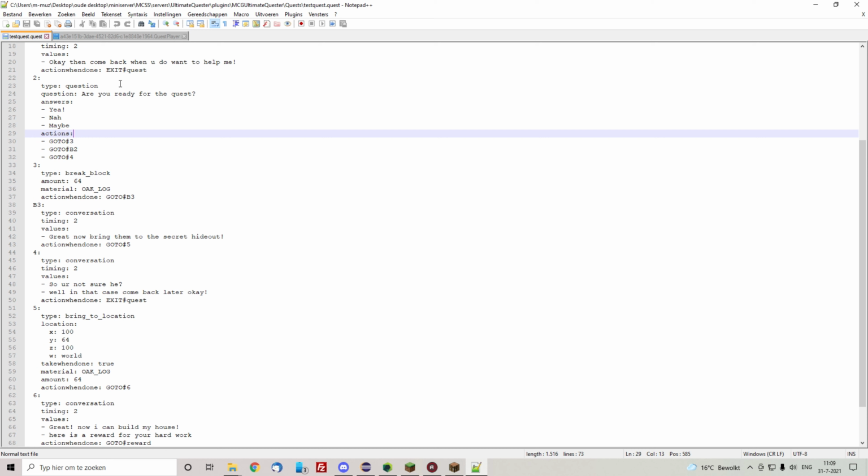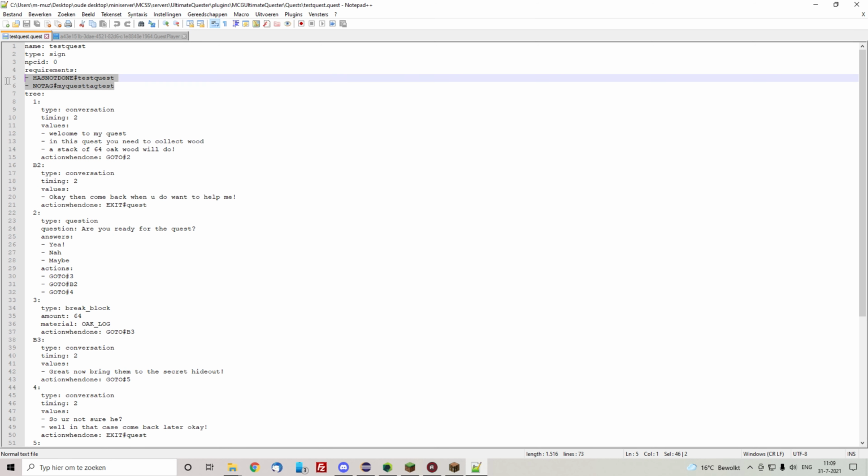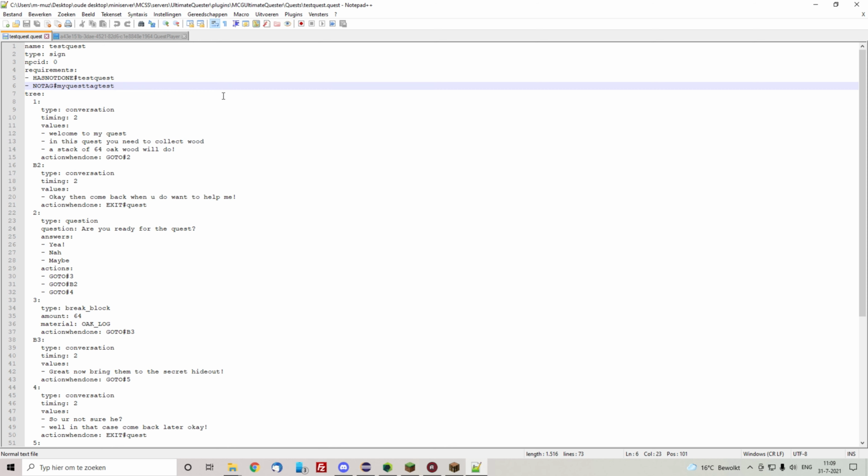To go back to the test quest, there is some requirements that I have not talked about. For example, you can set an XP level requirement. For example, you need at least 20 XP levels to start. And if you do a queue